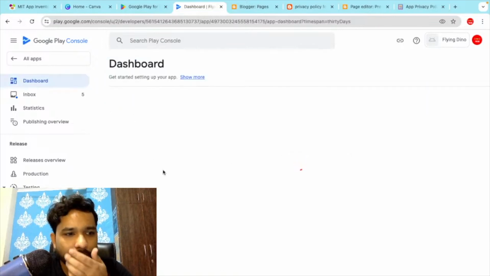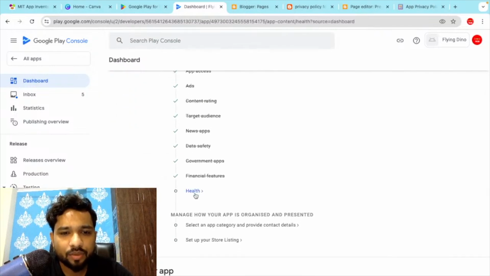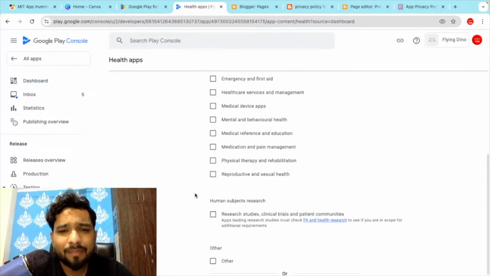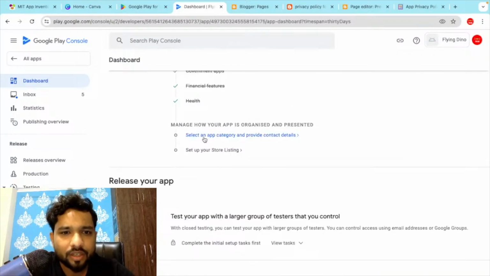Let's go to the dashboard. Okay, now let's scroll down and you'll see the health option. Click on it. Before this, the Play Store was not asking so many things, but nowadays they are asking a lot of things because a lot of fake apps like gambling apps are being published to the Play Store. So that's the reason. So click on this,